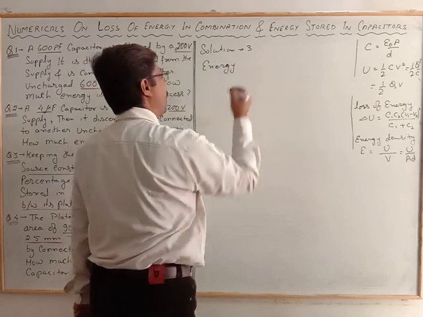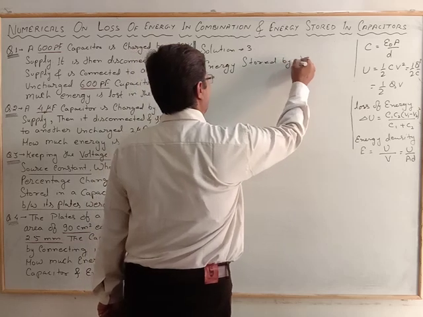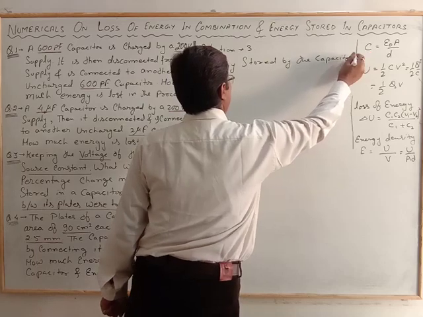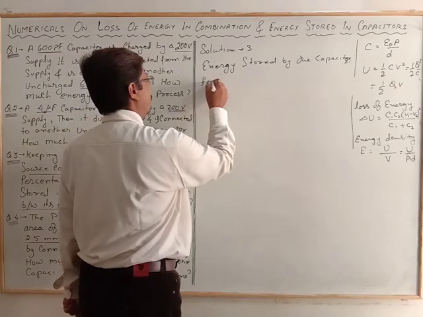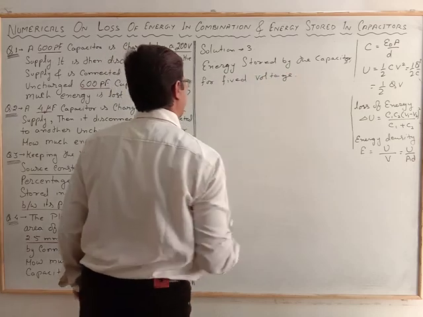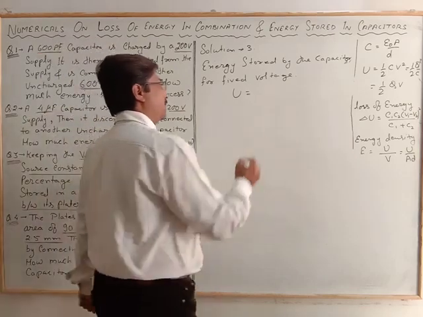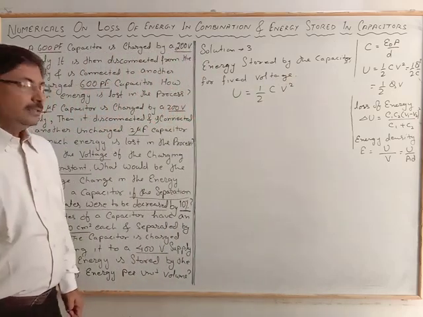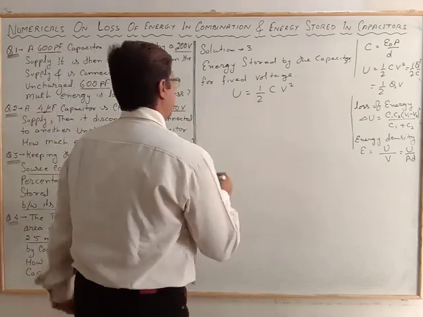Energy stored by the capacitor for fixed voltage, and that energy, that U, is equal to, let's suppose the capacitance is C, half CV square. That is, at the fixed voltage, that much is the energy. Now the capacitance,